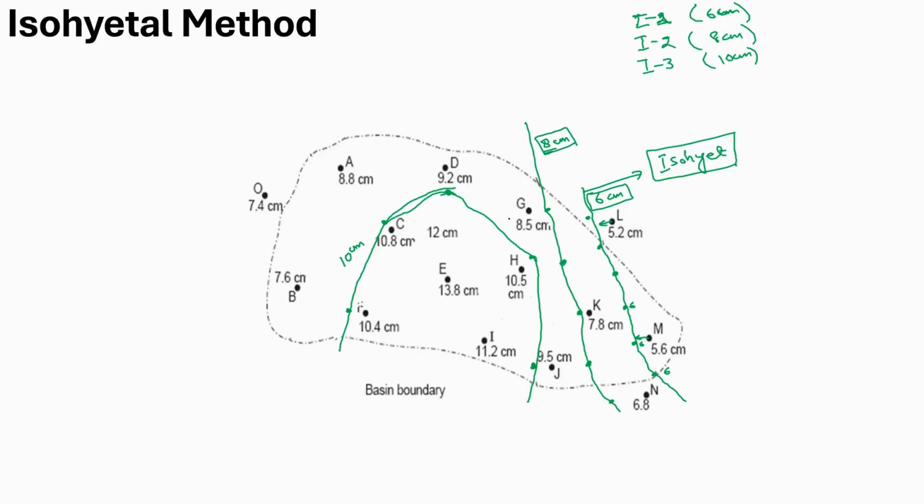So here we have drawn the 8 centimeter precipitation, and we can see here 7.6. This is 7.4. So we have to increase. We will draw 8 centimeter somewhere here. This is 8.8 and this is 10.8, meaning 8 will be somewhere here. This is 9.2, this is 12, and 8 will be somewhere here. And we will connect this 8 with these points. So there will be a combined or semicircle type isohyet